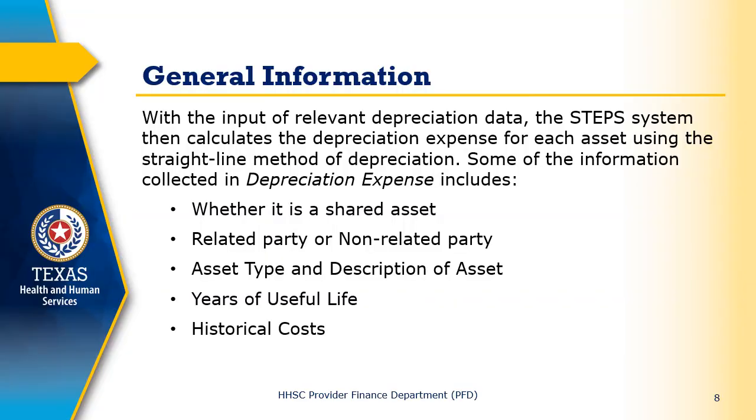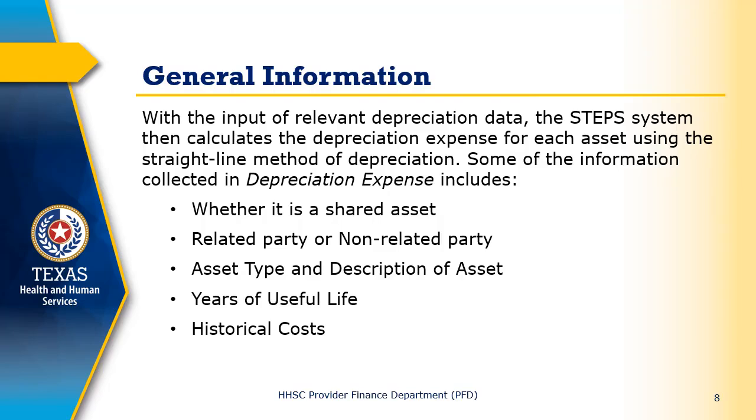The STEP system efficiently calculates the depreciation expense for each asset by utilizing the straight-line method, based on the relevant depreciation data provided. Essential information gathered during the calculation process includes whether the asset is shared or not, as well as whether it pertains to a related party or an unrelated party. The system also captures detailed asset types and descriptions to ensure clarity in the classification of each asset. Additionally, the years of useful life and historical costs are integral data points that influence depreciation calculations. It is important to note that while this list highlights key information, it is not exhaustive of all data collected